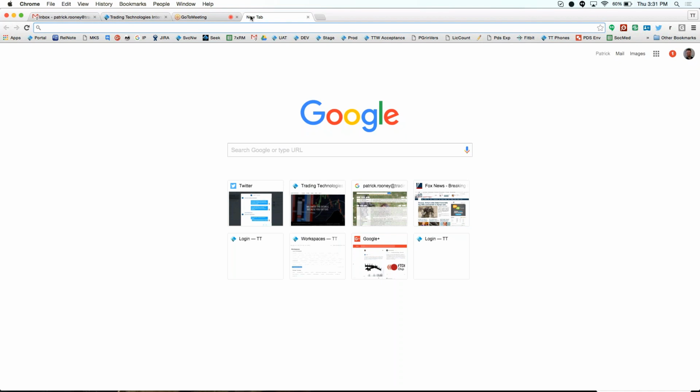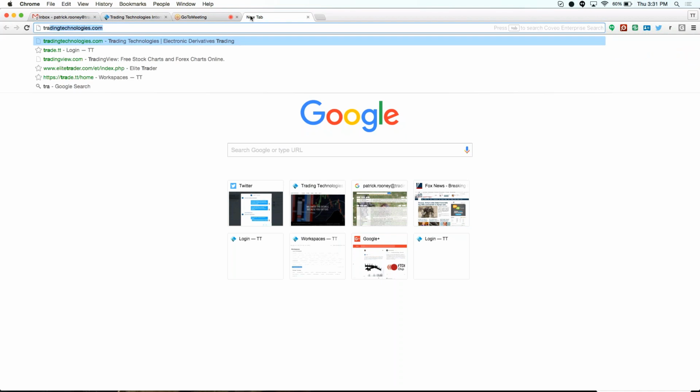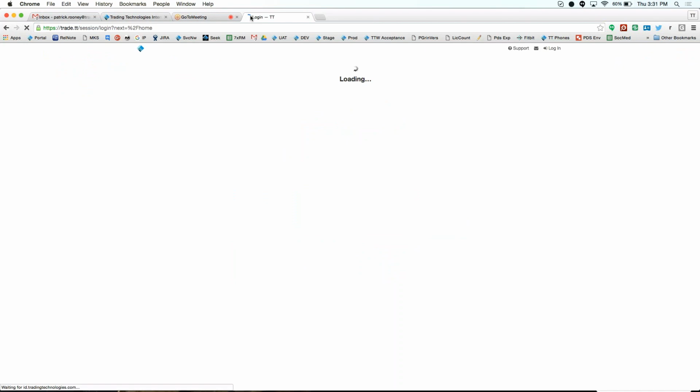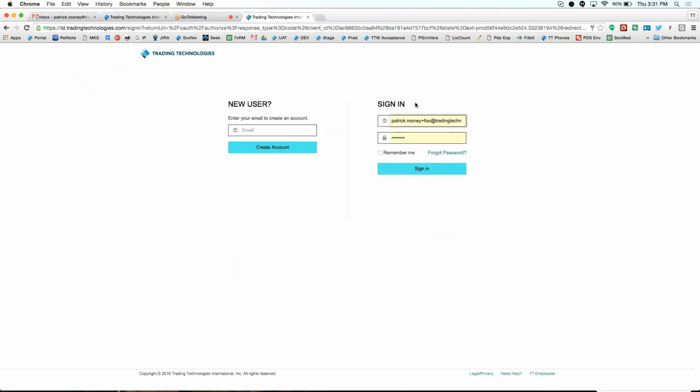You can actually go to any browser, any place, and type in trade.tt, and it's going to take you to the login page just like this. If you're creating a new user, just type in an email right here. We send you a little form, you fill it out. If you've already got an account like I do, I just type in Patrick at trade.tt, put in my password, click on remember me, click on sign in,